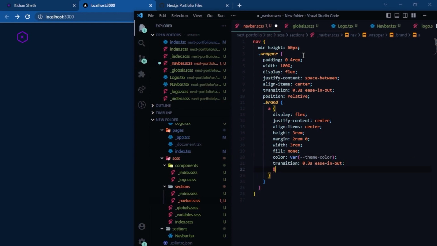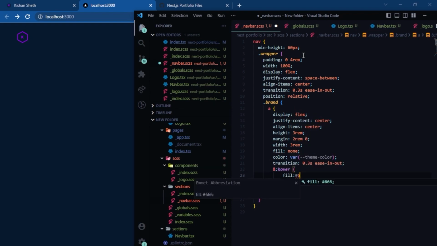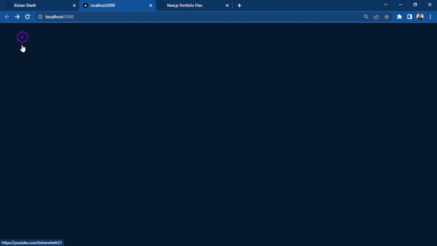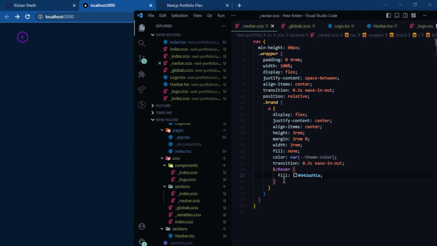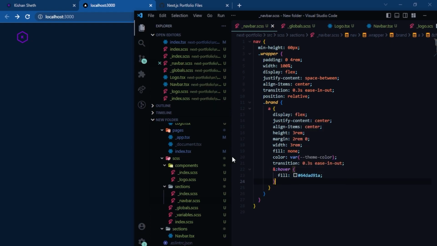And whenever we hover over this, we want to fill it by 6FFAD91A. That's it. Let's hover over it. That's not working. Ampersand hover. I think I know why it's not working, because